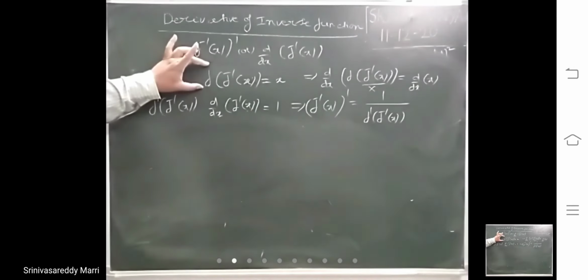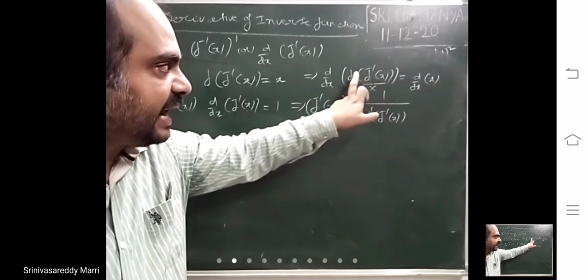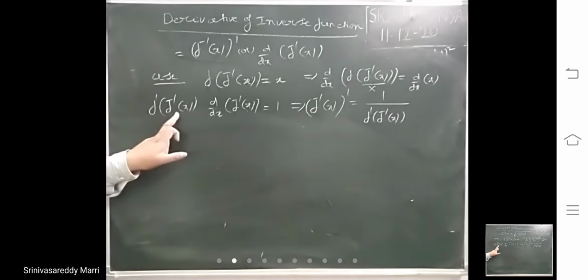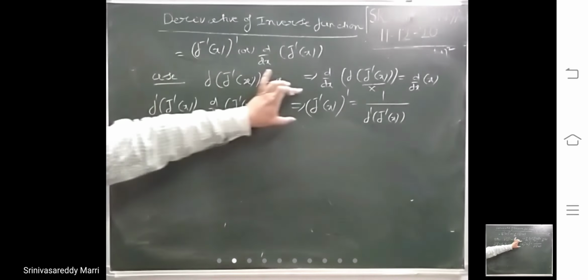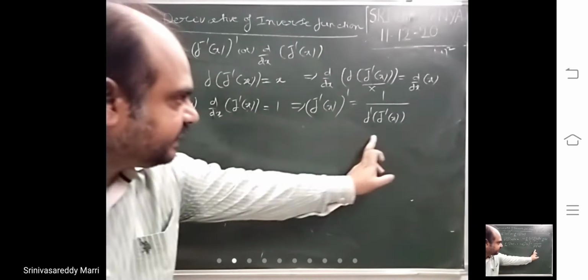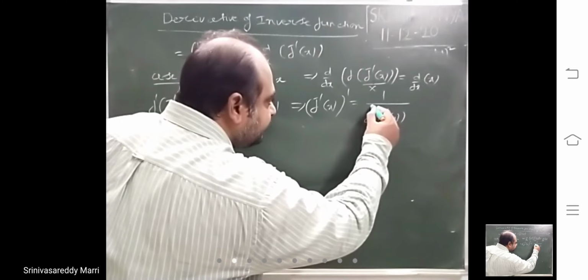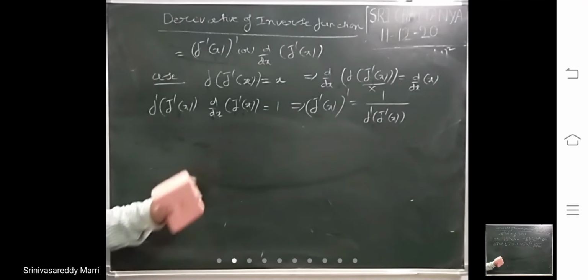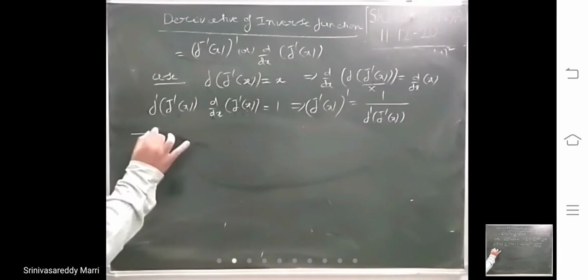You remember this rule. F of f inverse x you take and then d by dx on both sides. This you take it as capital X. F of capital X is f dash capital X into d by dx of capital X. This is nothing but our required derivative. Bring this side: 1 by f dash of f inverse. This is derivative f dash, this is inverse. While solving examples, you will come to know how to use it.